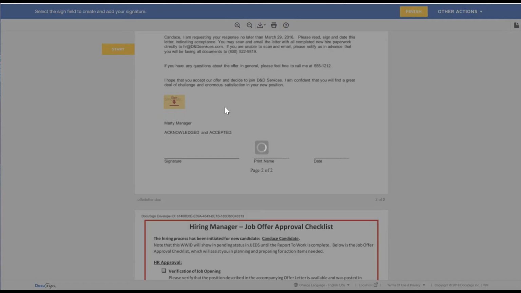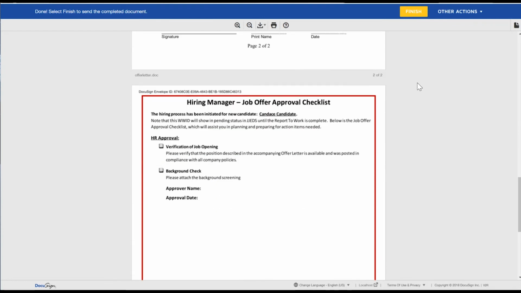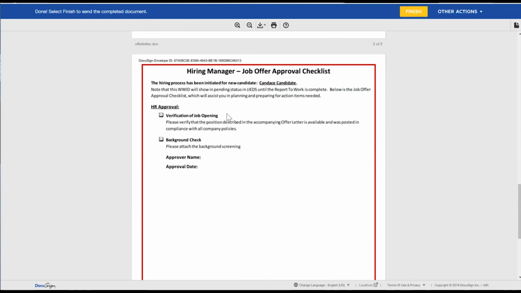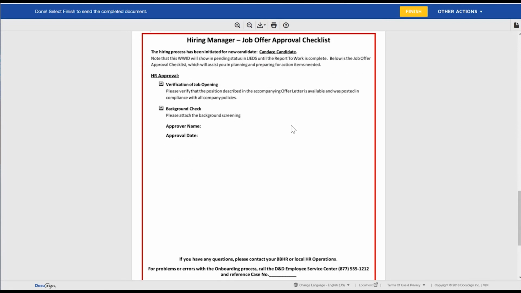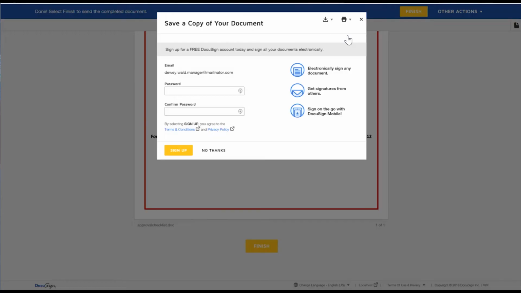And secondly, you'll see there's the checklist that is going to go through the approval process of our HR department. So I'm going to go ahead and just say that I've verified this job opening and I did a background check on this person. And I'm going to go ahead and finish my role in this process. And now as we go back to the next signer, which is going to be our HR person,